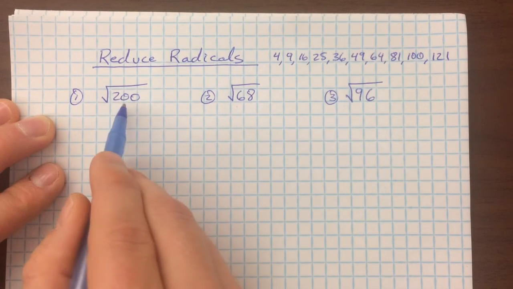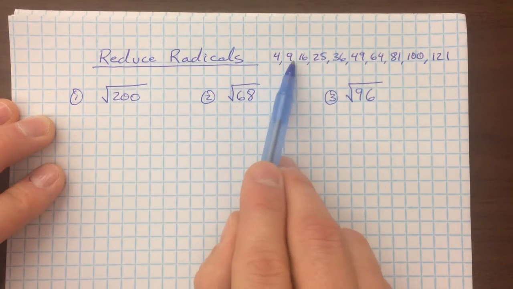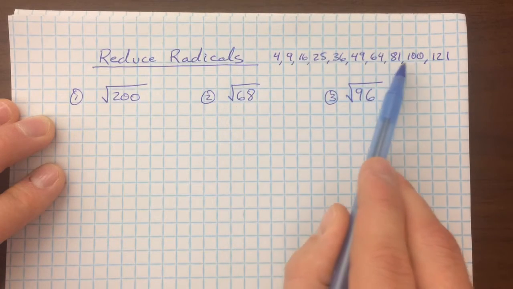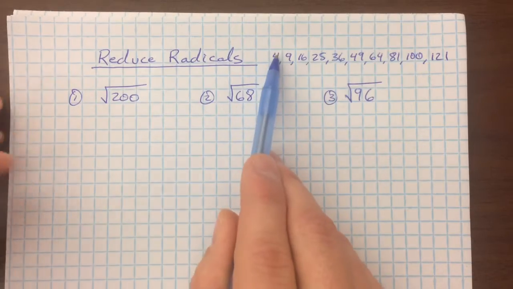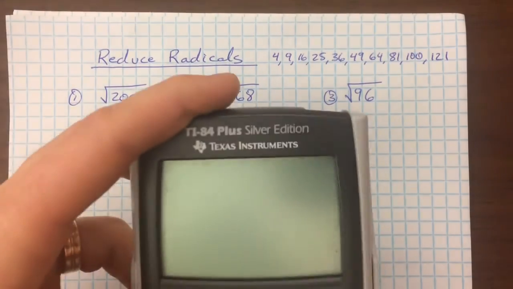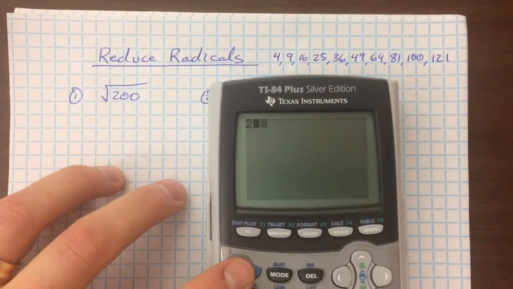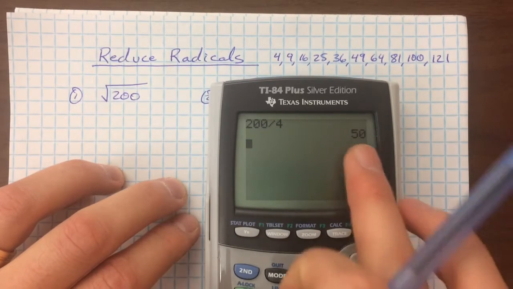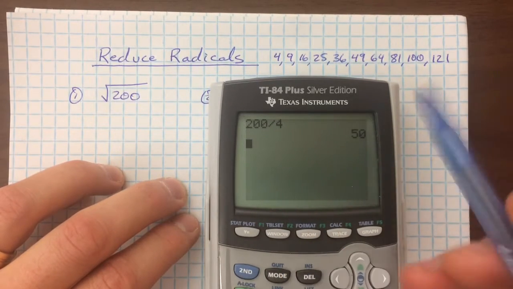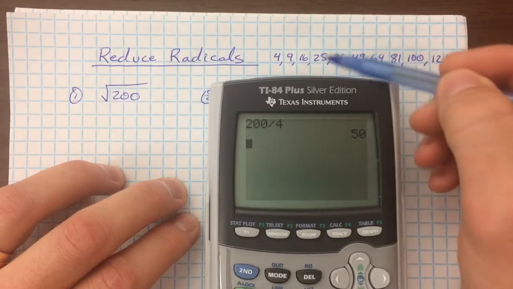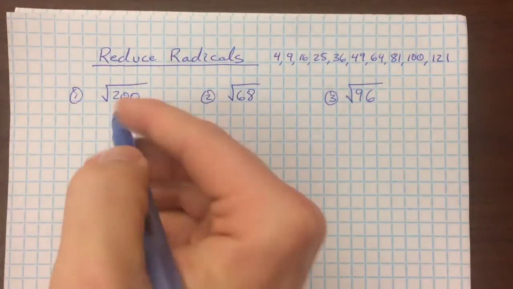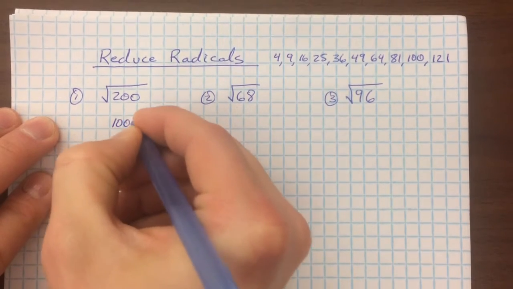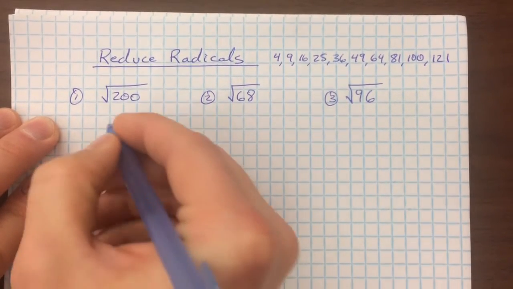So when we look at 200, do any of these numbers go into 200? And you want to look for the biggest one. And so maybe you spot 4 right away, and you think, okay, well, 200 divided by 4 is what? Is 50. But within 50, there's another factor of 25. And so that's why we want to find the biggest one. And 100 goes into 200. So I'm going to rewrite this as 100 times 2,